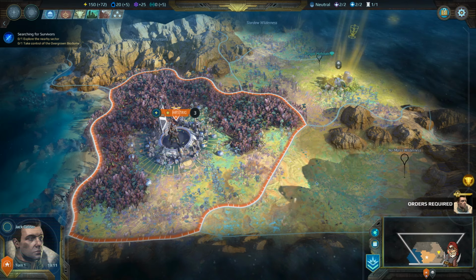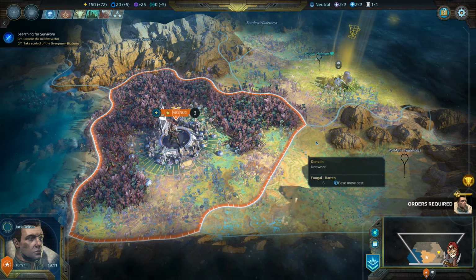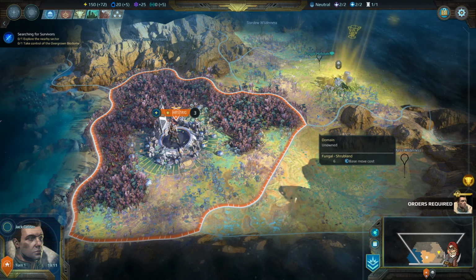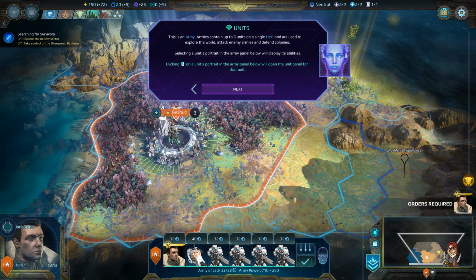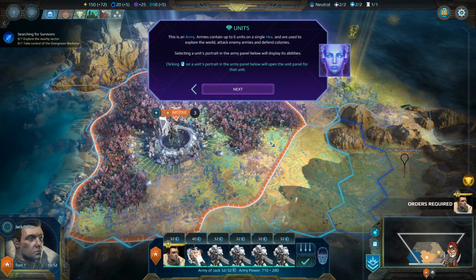So we can look over these things and get what their base movement type is. Got it. 6 seems to be the default for otherwise untouched land. So if we select... Armies contain up to 6 units on a single hex. And are used to explore the world, attack enemy armies, and defend...